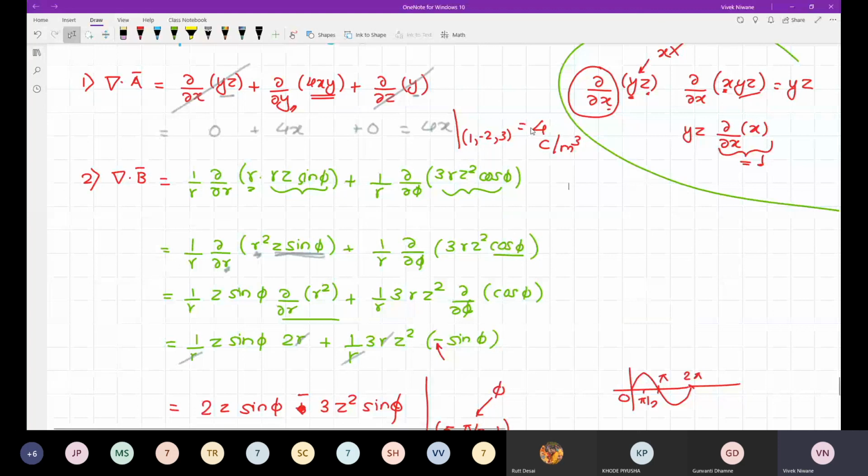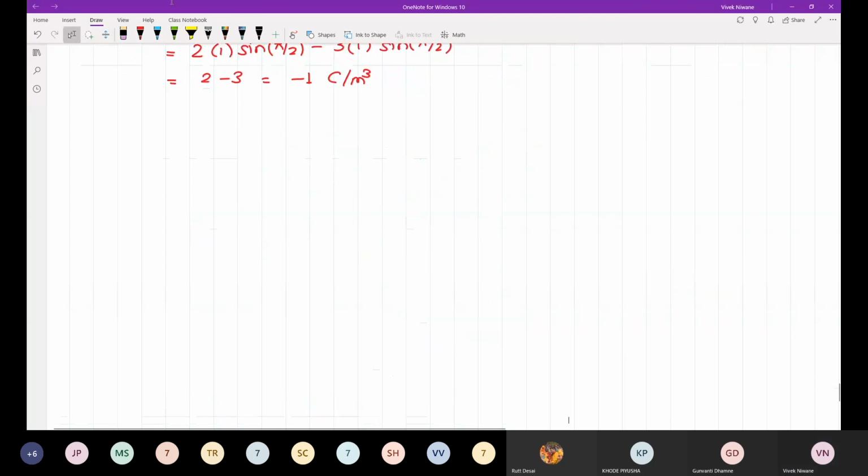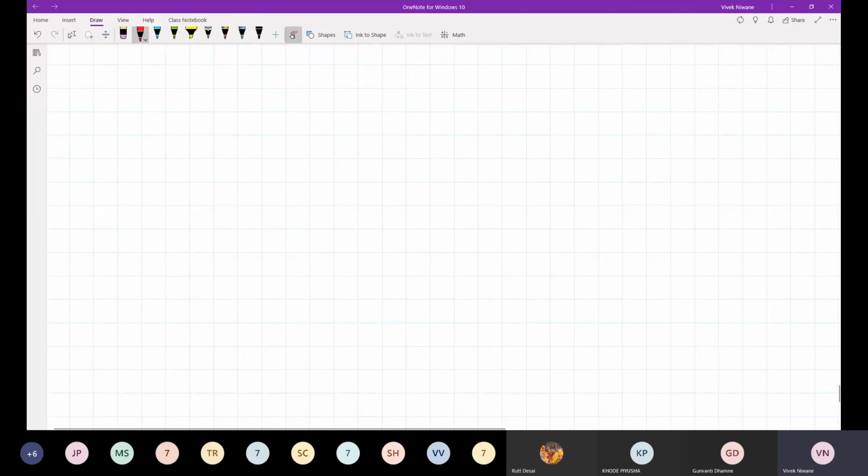And now you are going to solve on your own. Maybe after afternoon you have to solve the third point, that is your del dot C bar in spherical coordinate system. उसको सॉल्व करके मुझे बताइएगा. Probably you will have the answer like 2.598 coulomb per meter cube. डेल डॉट सी बार की बात कर रहा हूँ.